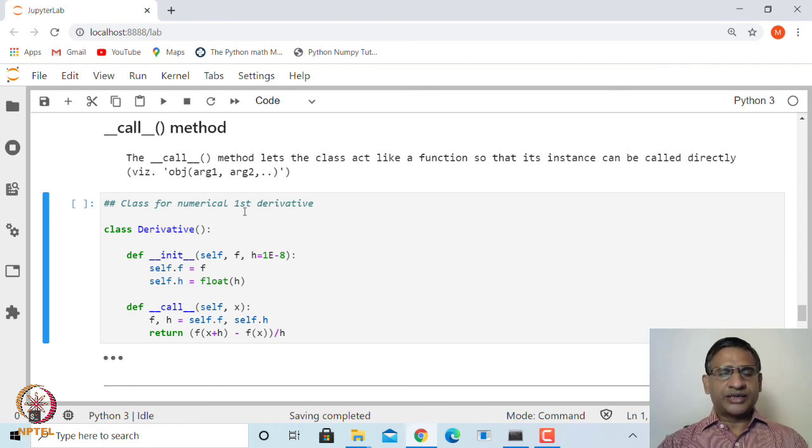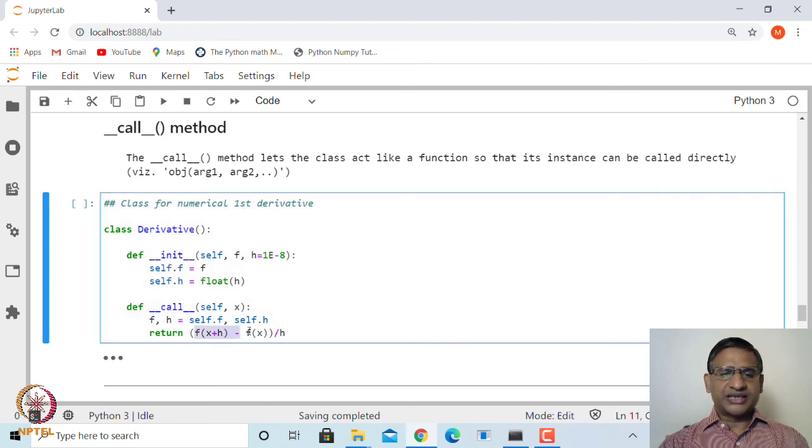That is, if I want to find the derivative of a function f at a point x, then you look at f(x+h) minus f(x) divided by h and take the limit of this function as h goes to 0. Therefore, as h becomes smaller and smaller, this (f(x+h) minus f(x))/h is very close to the derivative of this function. So, that is what it returns.